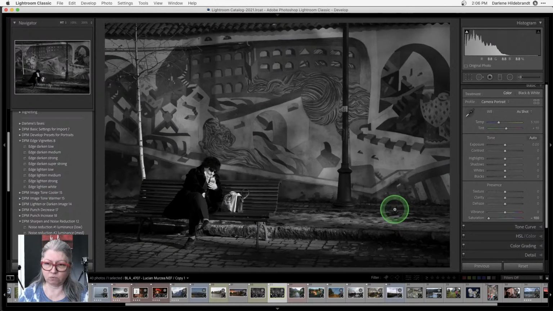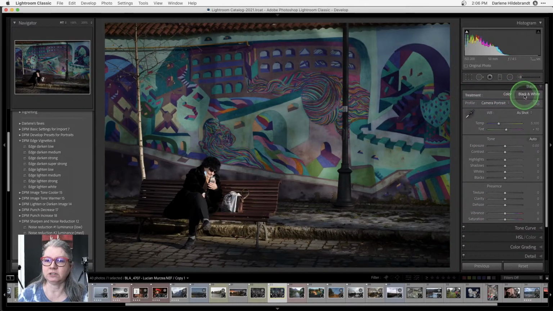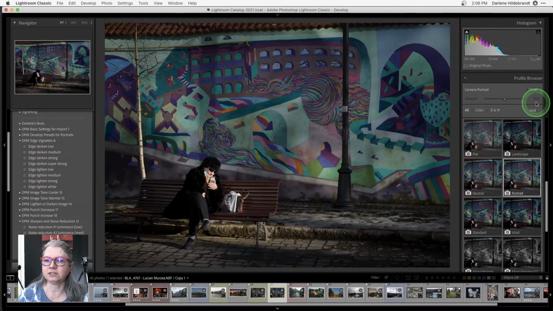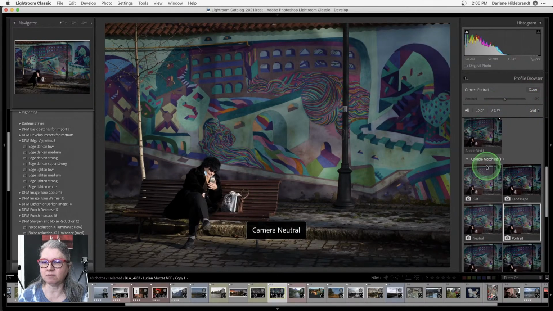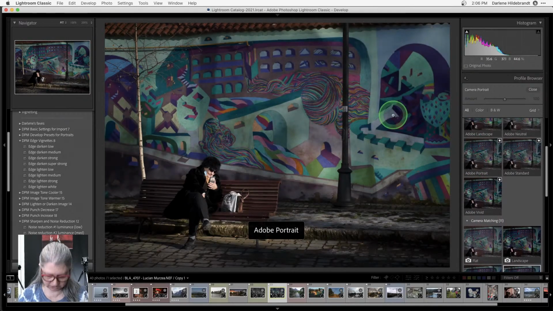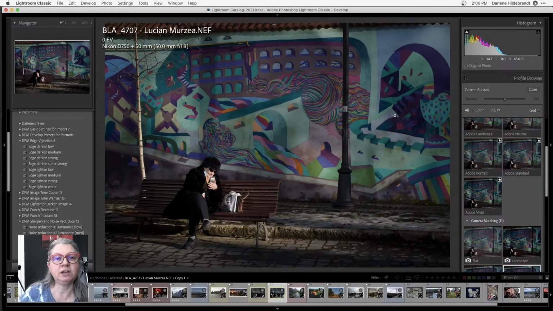So what I'm going to do is do one where I've desaturated, and I'm going to show you the right way to do it. Change to black and white using this treatment up at the top here. You can also go in and see your camera profile. Let's see what kind of camera he's using. NEF is a Nikon, so a Nikon D7D. Great image, good exposure, everything looks good.